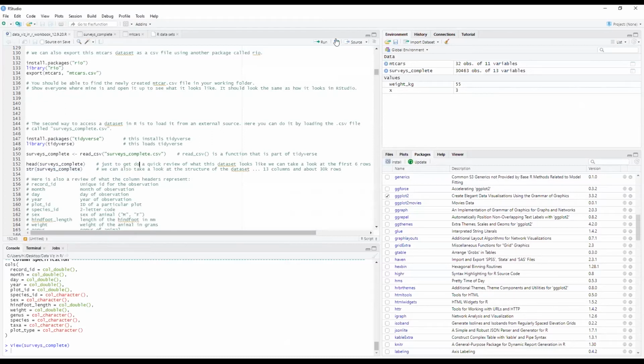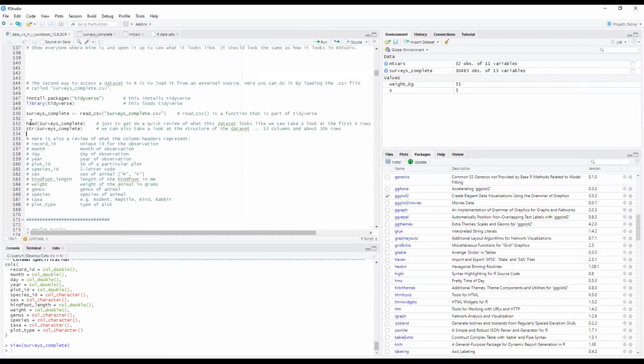So hopefully we are on RStudio right now. What I was saying before is if for some reason you can't execute this read CSV command, this line of code, try installing tidyverse again here and then loading it up. Because I've had issues sometimes where I know we've installed it in a previous line of code, but for some reason it gets lost. And I'm not actually sure why. So if you do have that issue, try installing tidyverse again, loading it up, and then immediately read CSV. Hopefully we're okay here.